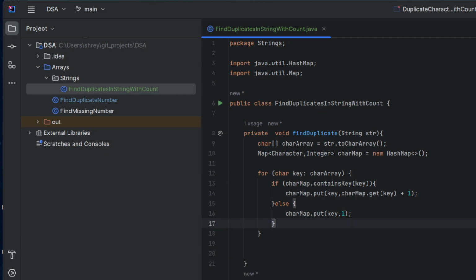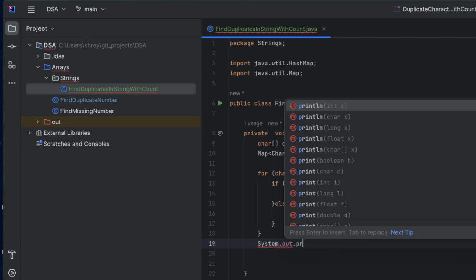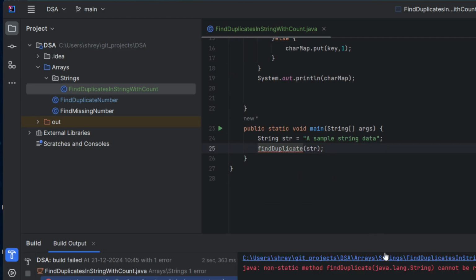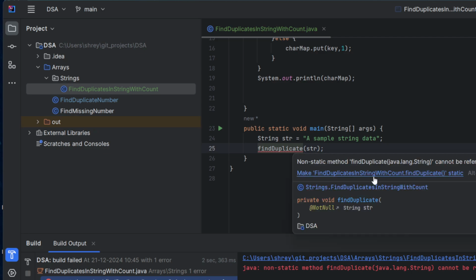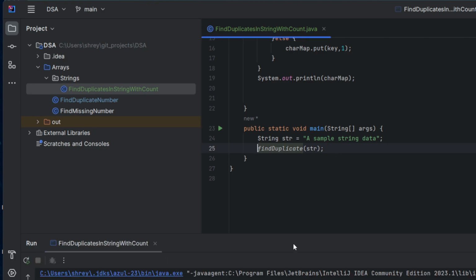And I'll just print this charMap, sorry, not char array, char map, so that we'll see if it is working fine. Okay, so it has printed the count of all the characters, but if you can see, it has